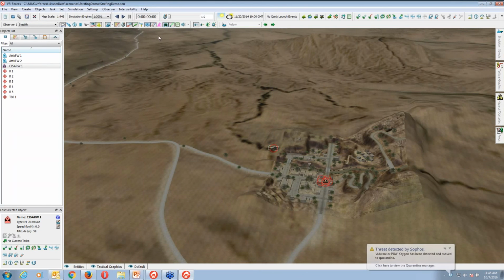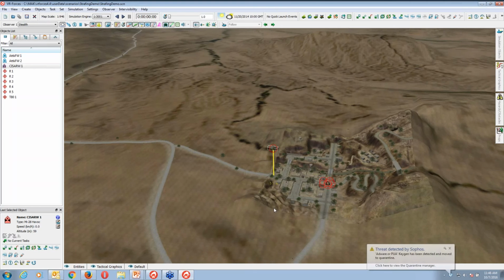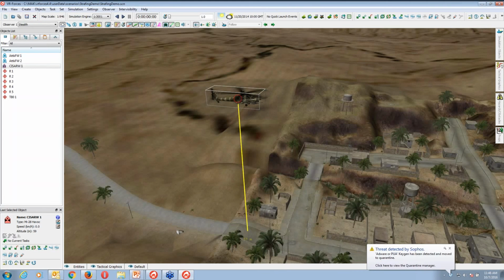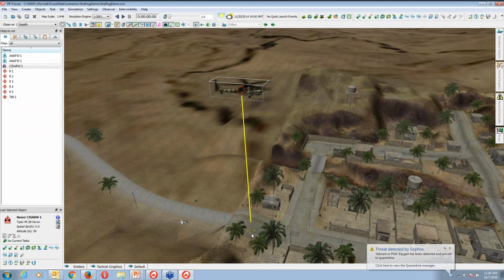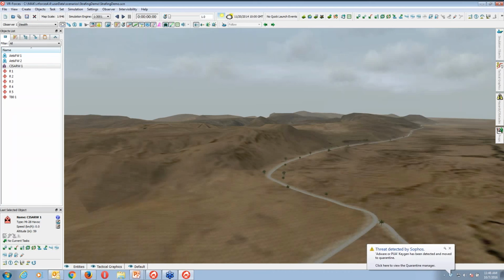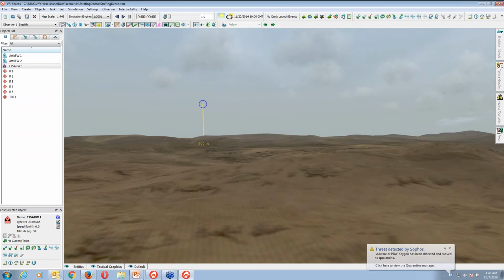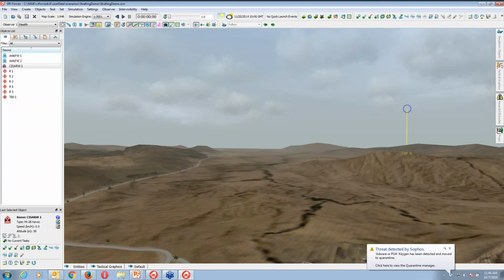And if you want to see the current height above the terrain, you choose this option, and now you can see one yellow line showing 57 meters. For other aircraft also, it will show the height. You can see now my blue aircraft is 500 meters above. This is also a very good feature.